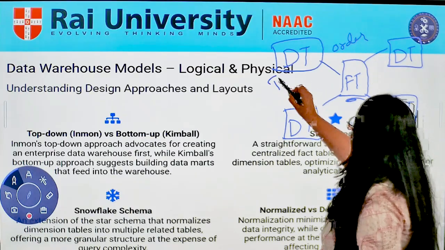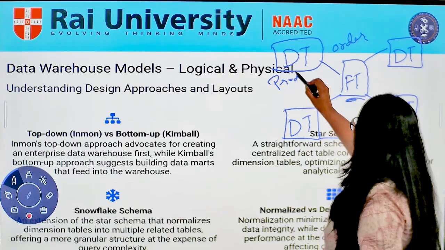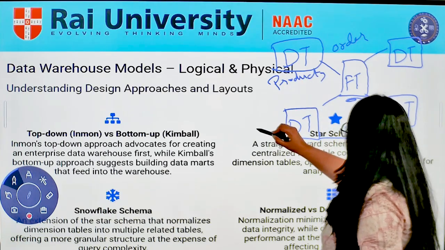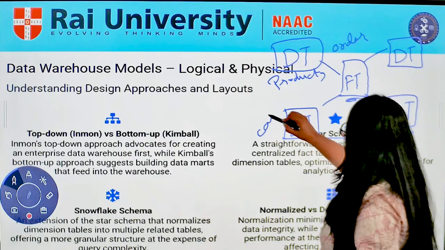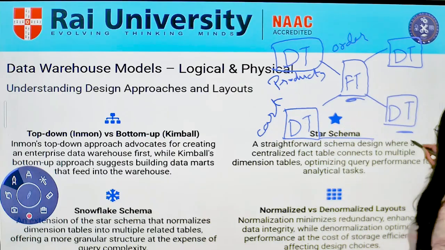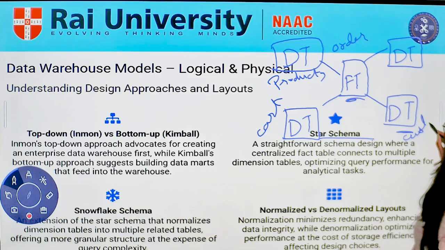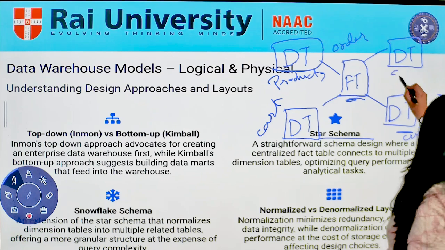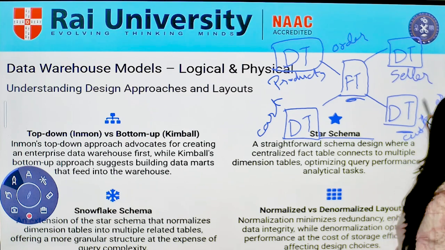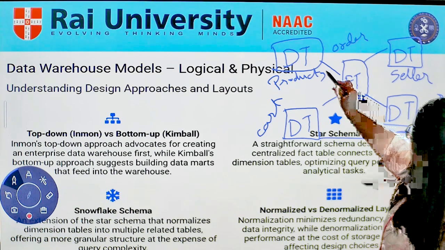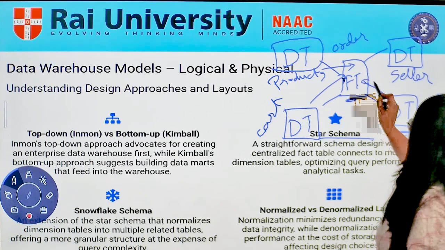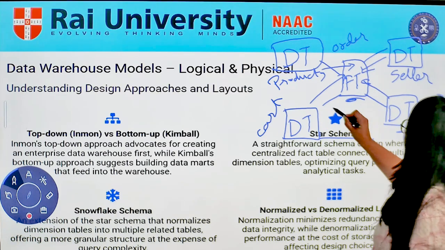Here we have products, cart, customer, and seller. So this fact table will consist of all the primary keys of these tables,